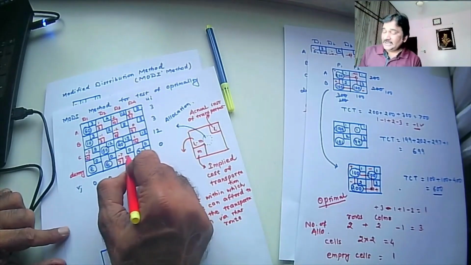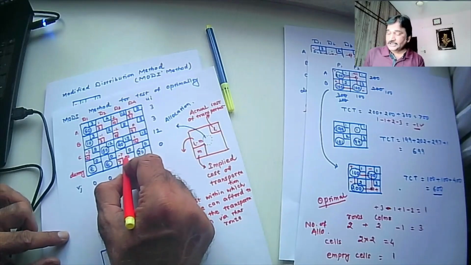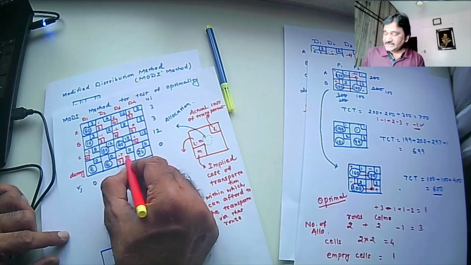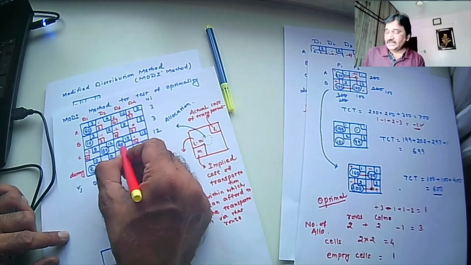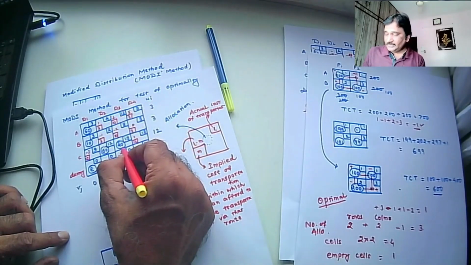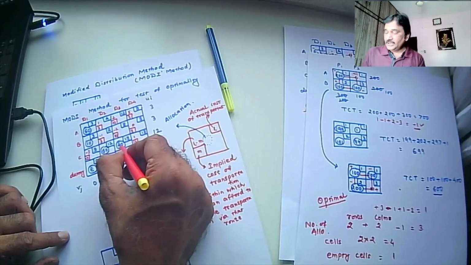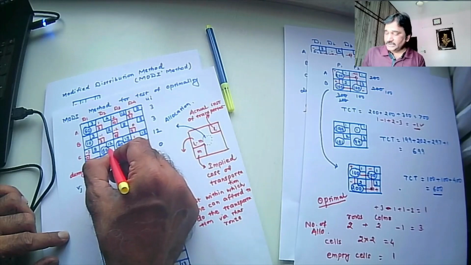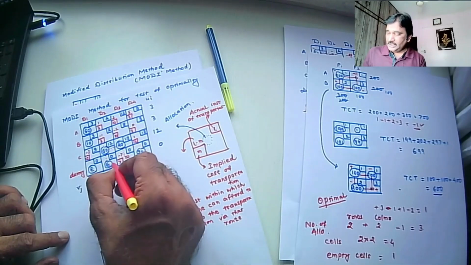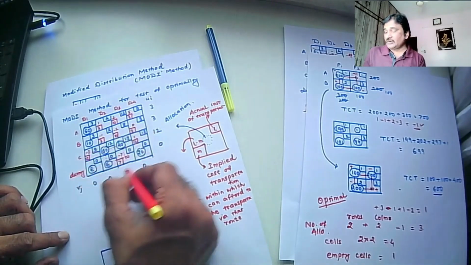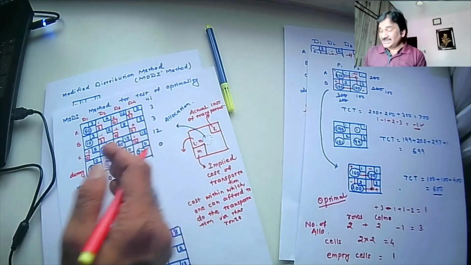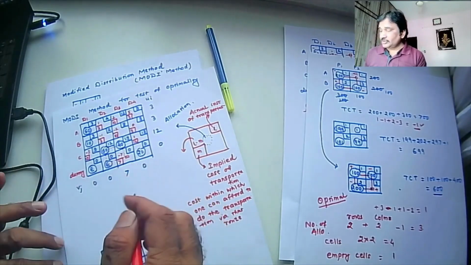So we will be finding now the quantity adjustment loop with respect to this cell. For doing that, from this cell you will have to go to a certain cell where there is allocation. So in this column, this is the only cell, so I must go to this. From this I have to go to this because this is the only cell, and then from this I have to go to this, and from this I have to go to this. This is the quantity adjustment loop. This is simple here, but sometimes it could be complex,